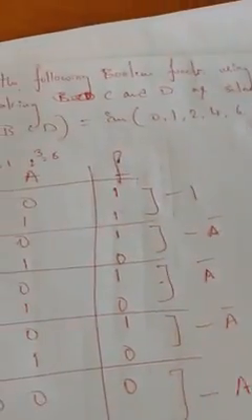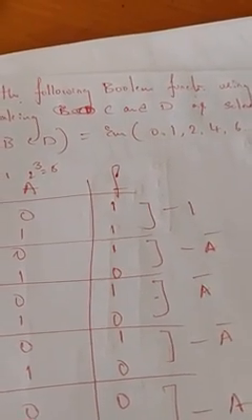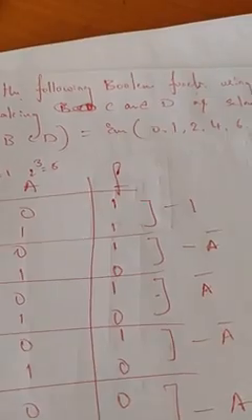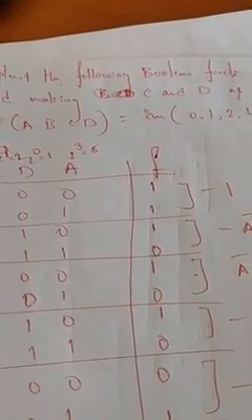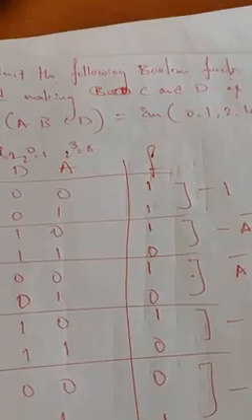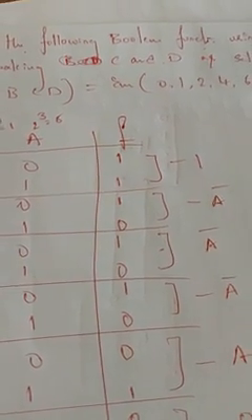And making C and D as selection lines S0 and S1. You are supposed to make C and D as selection lines. So C and D are the control inputs for 4:1. As I just told, a 4:1 multiplexer will have 4 data inputs and 2 control inputs. So which are the 2 control inputs you are supposed to make? C and D are the 2 selection lines or control inputs. Both are one and the same. You are supposed to make C and D the control inputs.